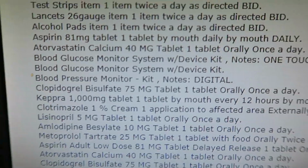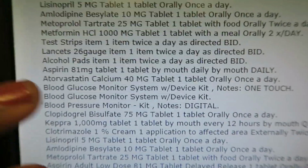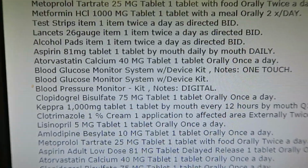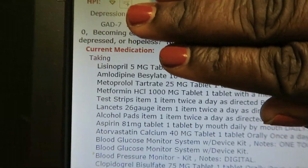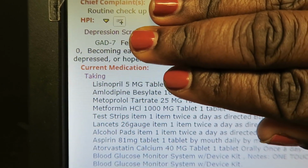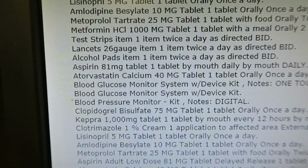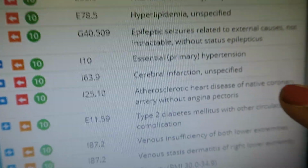I have another patient who's here right now for a regular routine checkup. So what I like to do first, especially to cut down on time, is look at the chief complaint, and I'm going to see if I can just block out things here. So it says routine checkup, right? So that's what we're here for. And with this patient, if you just read, you get a sense of what the patient has a history of, even though our system tells you a list of all of the diagnoses that we have listed